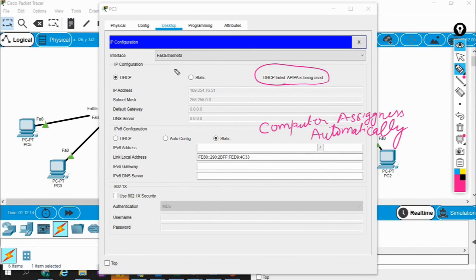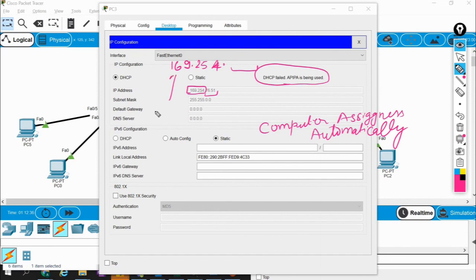Whenever this happens, it is always taking the IP address in this range. 169.254 is fixed, and the remaining two octets can be any of the numbers. That can vary; it just takes any values for the remaining two octets.